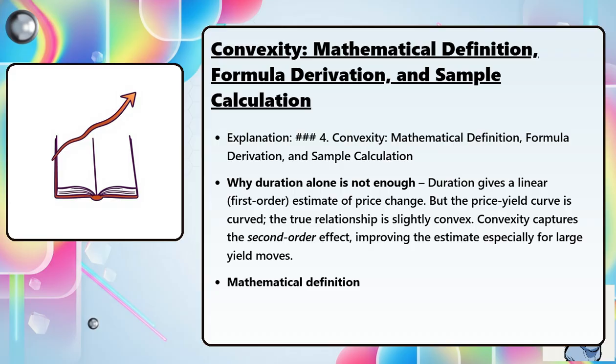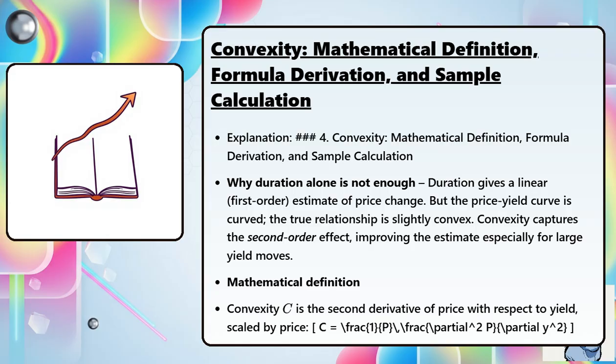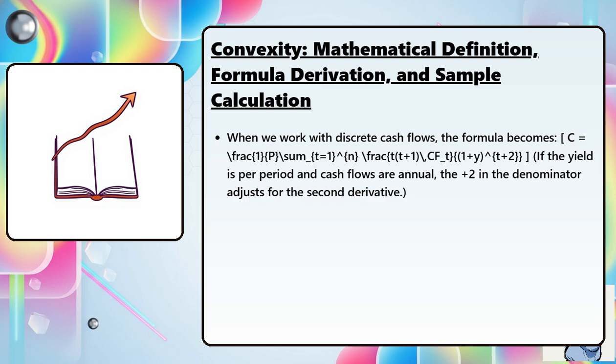Mathematical definition. Convexity C is the second derivative of price with respect to yield, scaled by price. C equals 1 over P times the second derivative of P with respect to y squared. When we work with discrete cash flows, the formula becomes C equals 1 over P sum from T equals 1 to n of T times (T plus 1) times CF sub T divided by (1 plus y) to the power of T plus 2. If the yield is per period and cash flows are annual, the plus 2 in the denominator adjusts for the